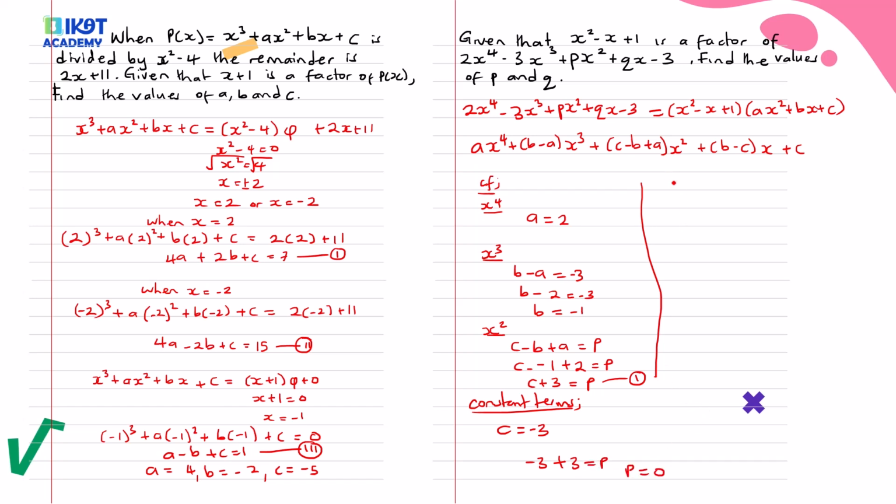After that, I can say comparing the coefficient for the x term, I'm going to have b minus c is equal to q. And this will be -1 minus 3 is equal to q. So this is -1 plus 3 is equal to q, meaning q is